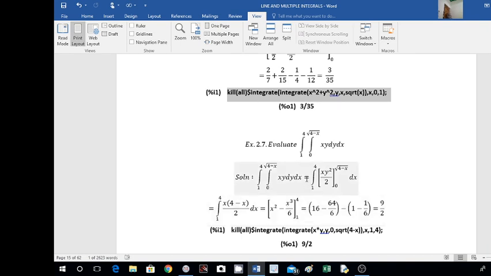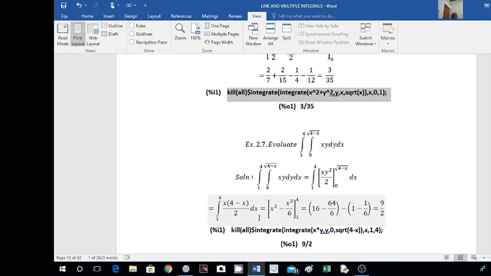This is equal to 1 to 4 integration of xy. X is a constant quantity here. Y integration with respect to y square by 2 between 0 and root of 4 minus x, into dx. First we put the upper limit here. Wherever y is there, we put root of 4 minus x. X as it is here. And y square, in place of y, if I put root of 4 minus x, this will become 4 minus x, that is x into 4 minus x divided by 2 into dx.